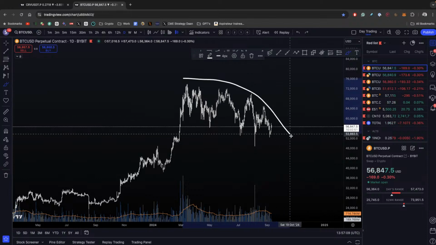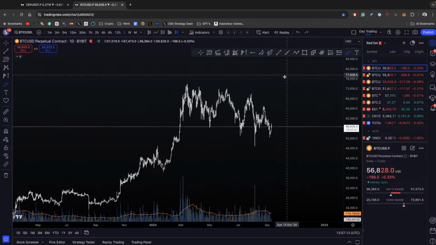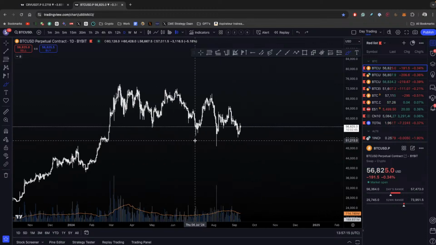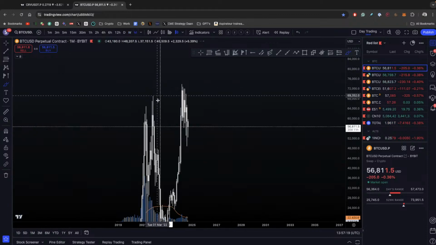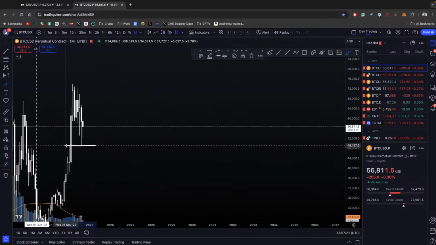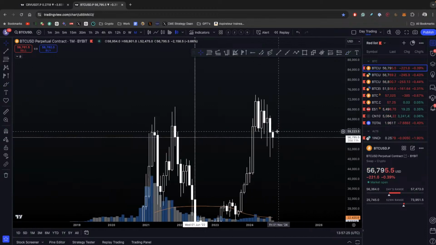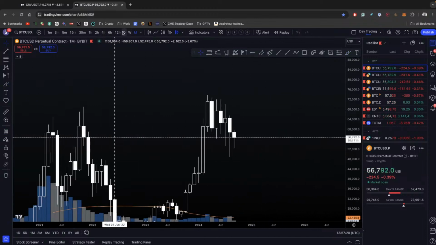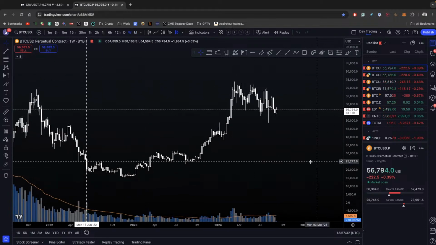Right, and we have this going down. I think all these shorts must get taken out. We closed that, what was it, a monthly fair value gap, I think, right here, quite beautifully. I mean, it's crazy. Massive, massive contraction. And if I would put it in market structure terms, then what I'm seeing is